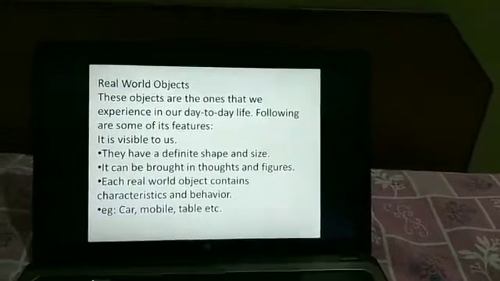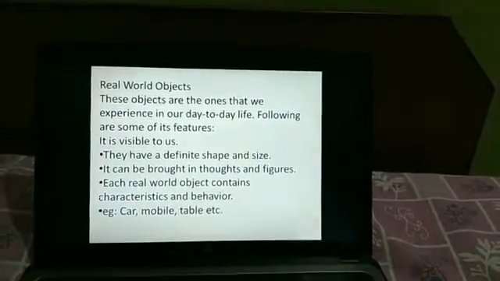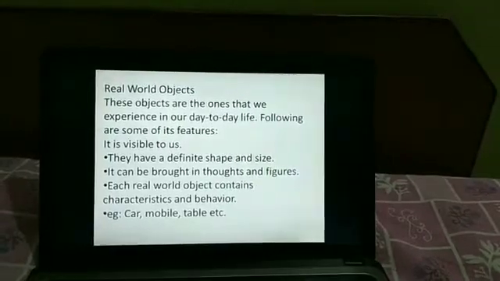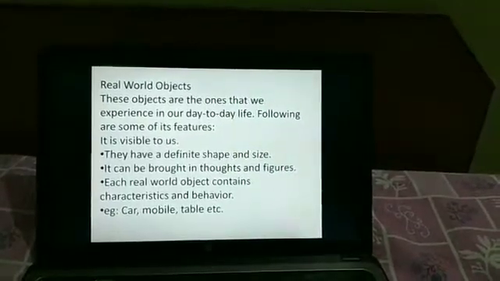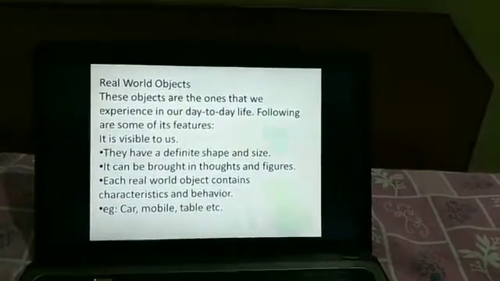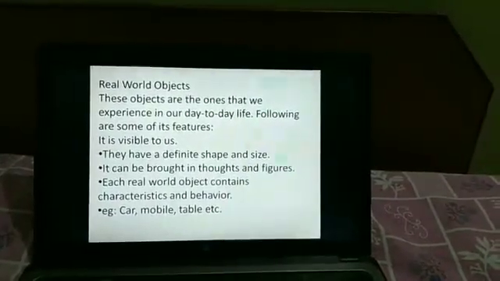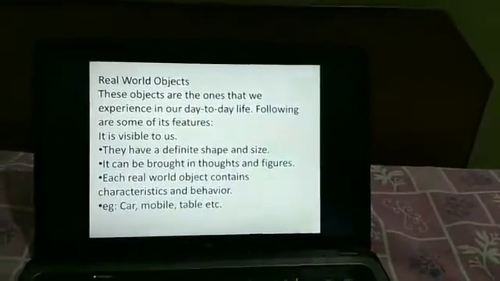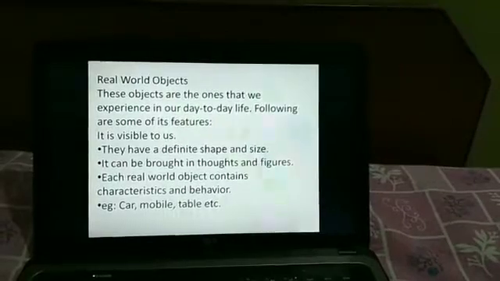Now, under real world objects, these are the objects that we experience in our day-to-day life. Following are some of its features. The objects are visible to us and have a definite shape and size. They can be brought into thoughts and figures.